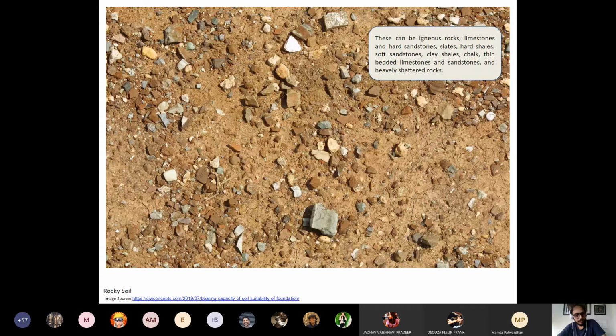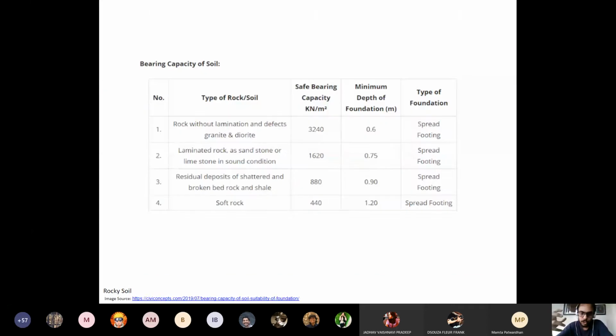Furthermore, we were looking at what soil is made up of, but soil is also categorized as rocky soil, which is made with igneous rocks, limestones, hard stones, slate, shales, soft sandstones, chalk, and also heavily shattered rocks. So one set is rocky soil. And when it comes to rocky soil...